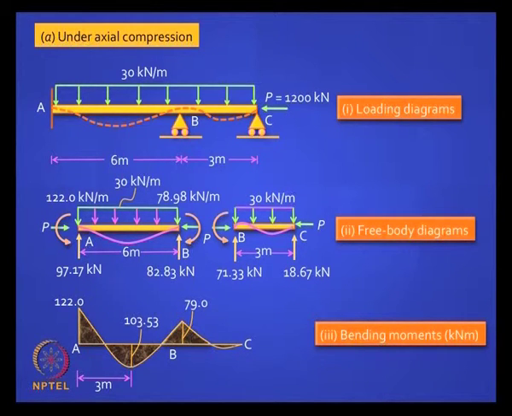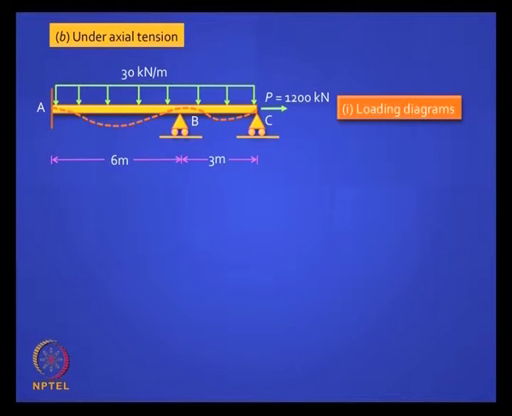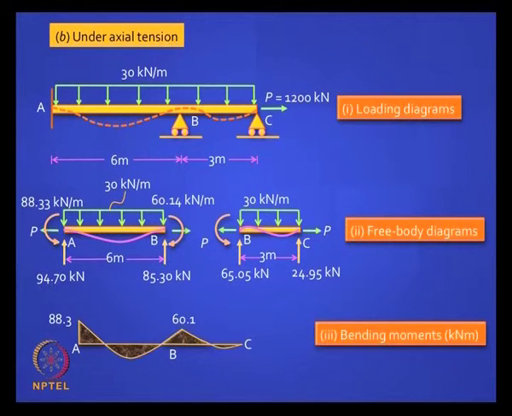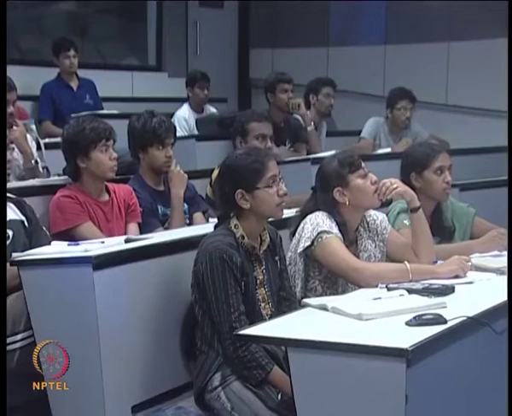In the bending moment diagram you have to be a little careful, because for the midspan moment, if you really want to do second order analysis, you need the deflection at midspan. There is a formula you need for that, it is there in the book. If you invoke that formula, then only you can get the P delta value at the midspan, but you get the support moments here pretty accurately. Under axial tension similarly you can do, you will see that the moments are much less when you have axial tension, as you would expect.